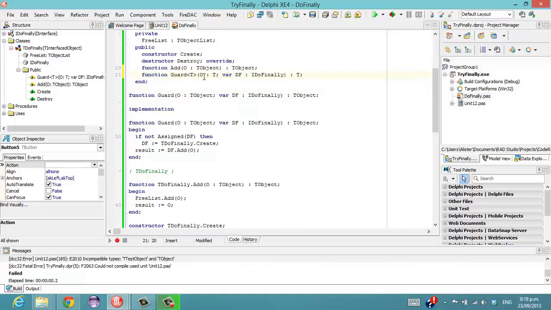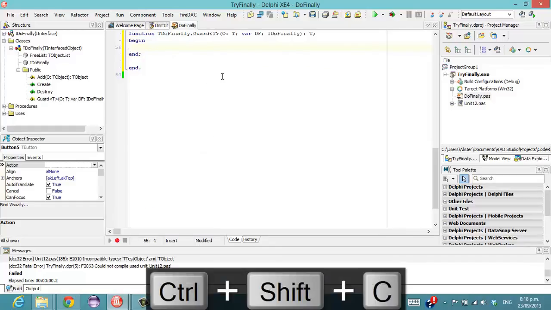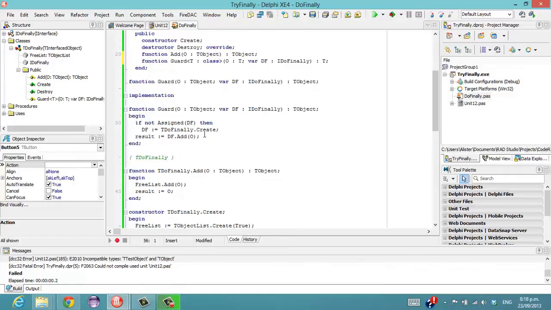It takes an O of type t and returns a t, but I'm just going to also make that a class because we want them to be able only be objects, or descend from t object. And so Control-Shift-C on that, and our code is going to look remarkably similar to our original guard,